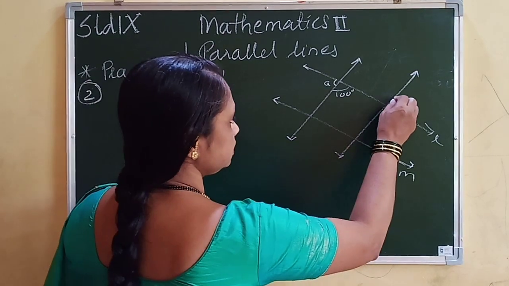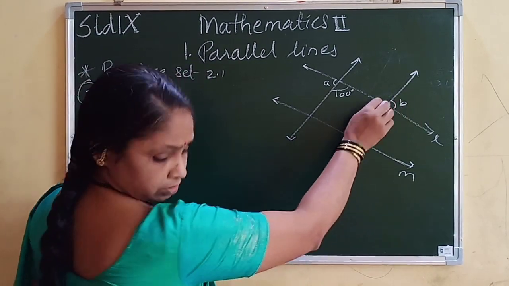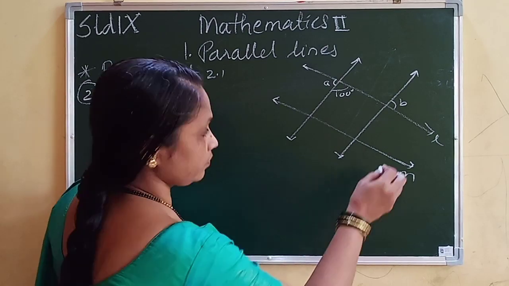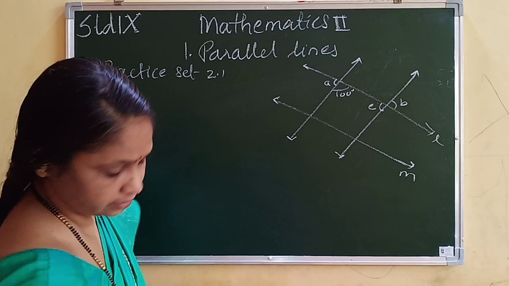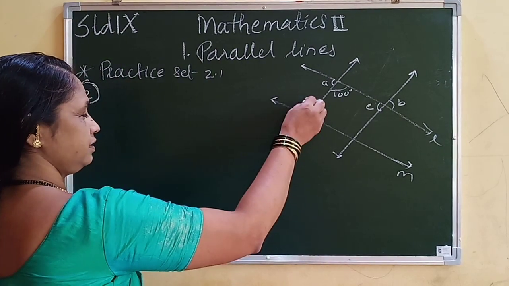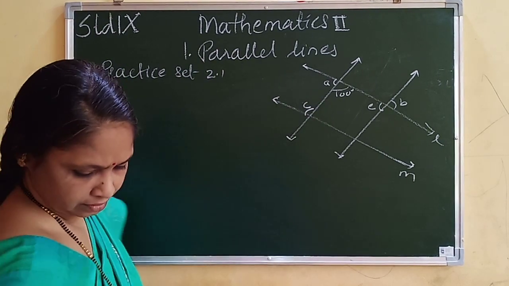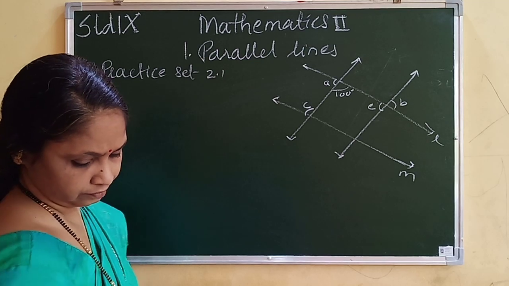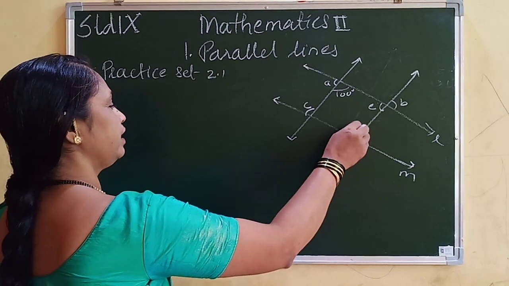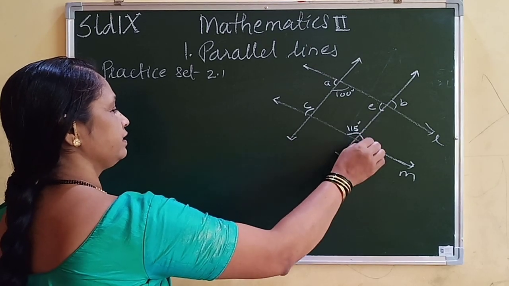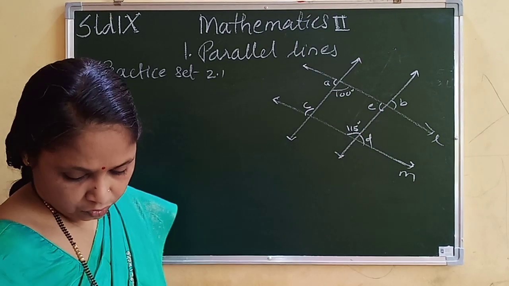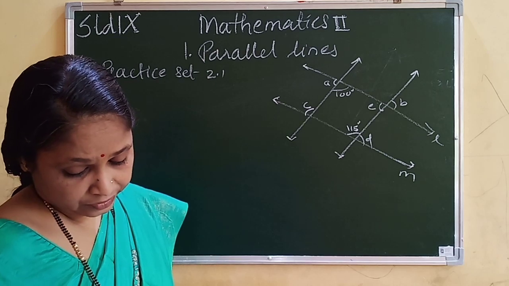Here this you have to find out and this you have to find out. Okay, and here this angle is given as angle C and this measure is given as 115 degrees, and this D you have to find out. Okay, now see,